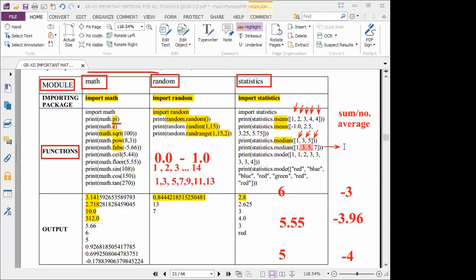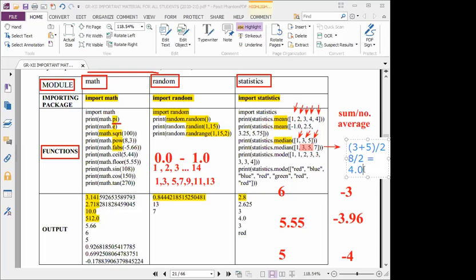Yes, so here you should calculate 3 plus 5. First you have to add and finally divide by 2, only 2 values. So first you add everything and divide by 2. What is the answer? 8 by 2, you will get 4.0. Whenever you are using this slash operator, that is the division operator, the answer will be in decimal format. 4.0. This is the middle value.